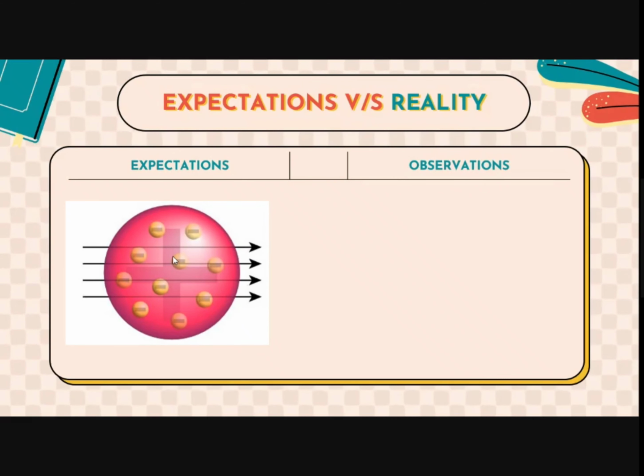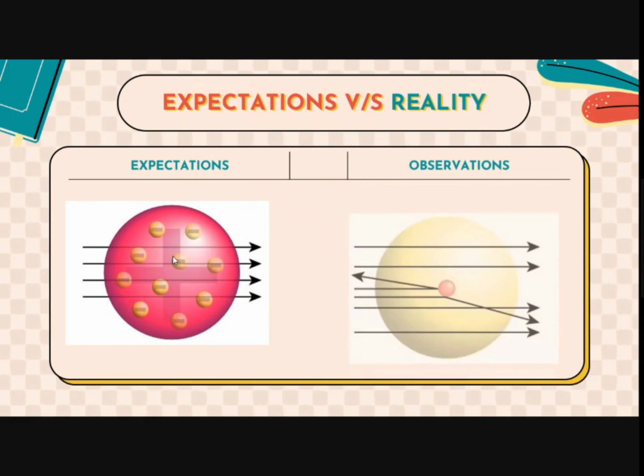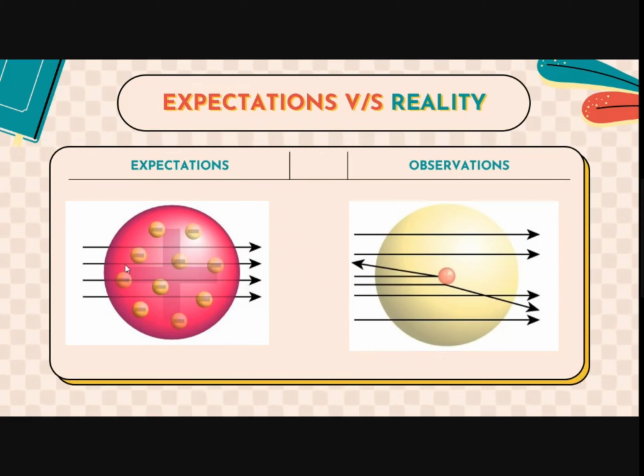But we just saw the experiment, we just saw the simulation. This doesn't hold true. Am I right? What we saw was, though many were passing straight, there were some which were passing at an angle. Also, some were not passing at all. They were just bouncing back towards the source. So, this created a confusion in the mind of Rutherford. So, let's look at what he did to come up with his model of an atom.